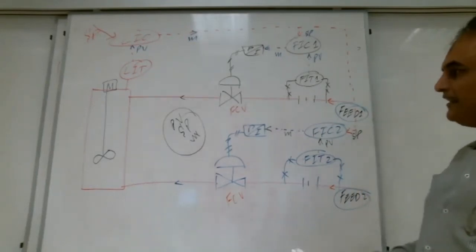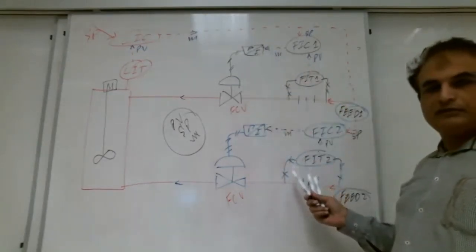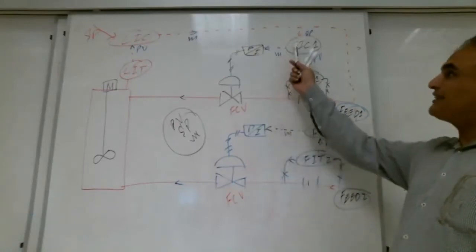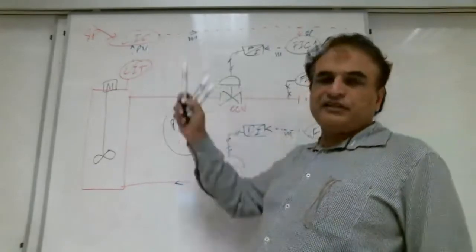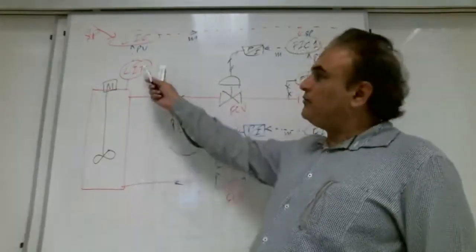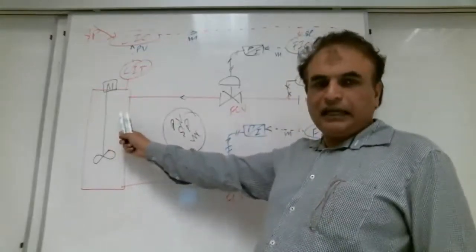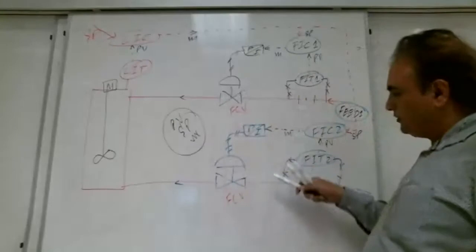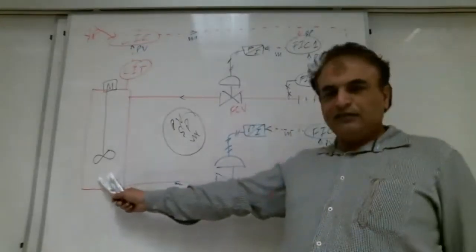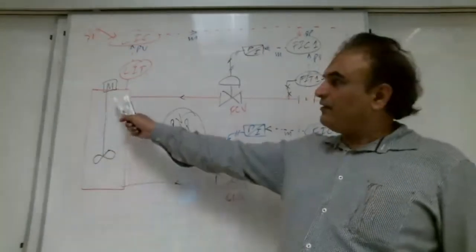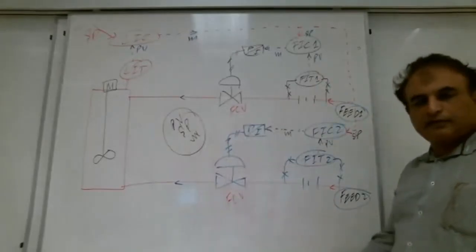Okay. Luckily, both slaves are flow, right? Both secondary controllers are flow, and the primary controller is level. Right, Shabab? We are controlling the level of this tank in terms of these two flows. These two flows are coming into this tank and we are mixing them. If the level comes to our set point, we will stop the flow. Are you with me?